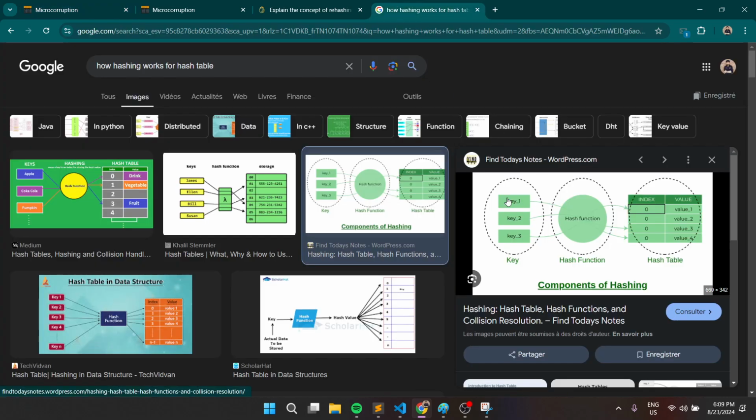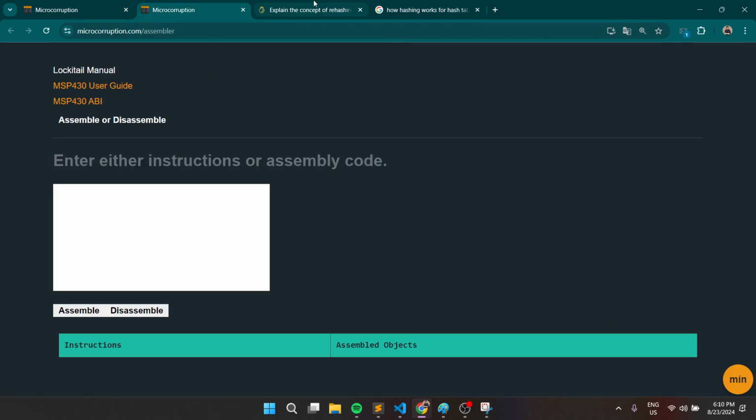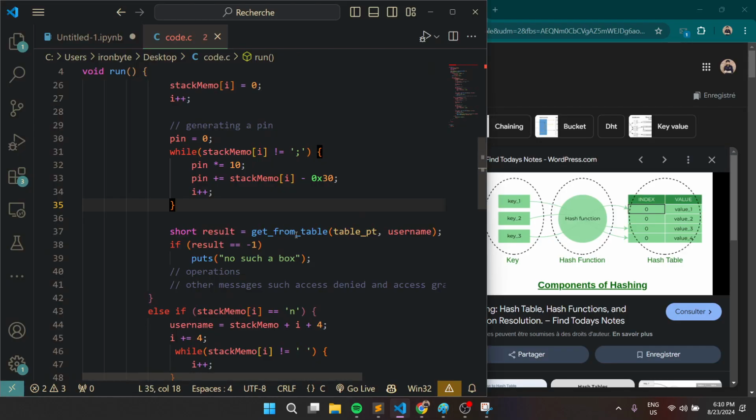So from what I've understood, the key in this case is going to be basically the username, and the value is going to be the pin. And the hash table is going to be mapping the username with the pin. That's why to get something from the table, you only have to give the username. You don't have to give the pin, because it is going to check in the hash table the pin pointed to by that username, and if there is a result, then there is a user, otherwise there is no user inside of the hash table. So this is why I had to reverse engineer this little code,